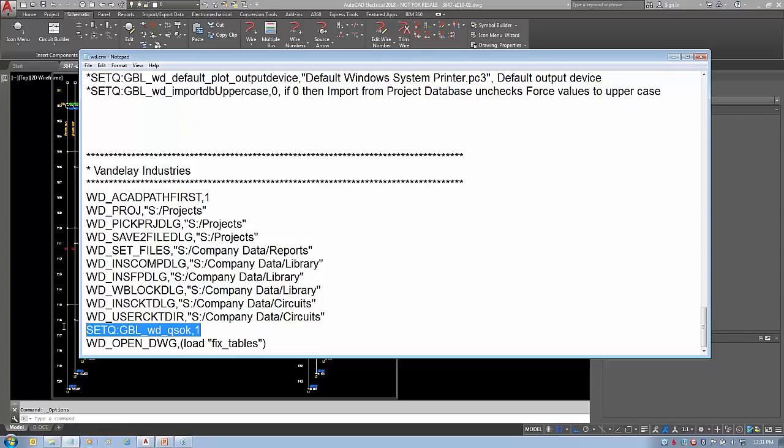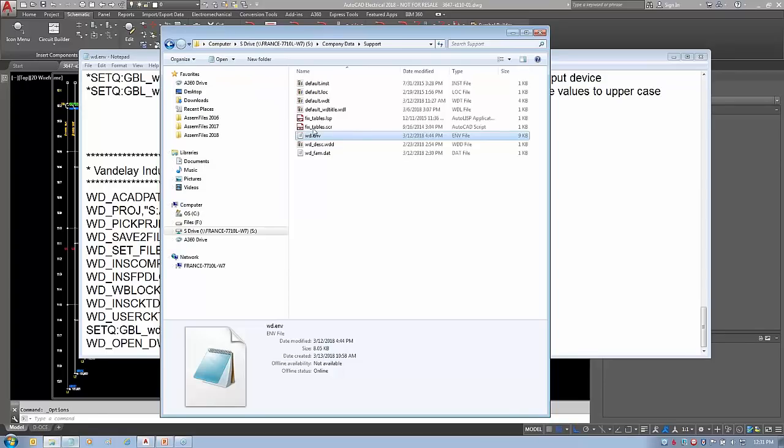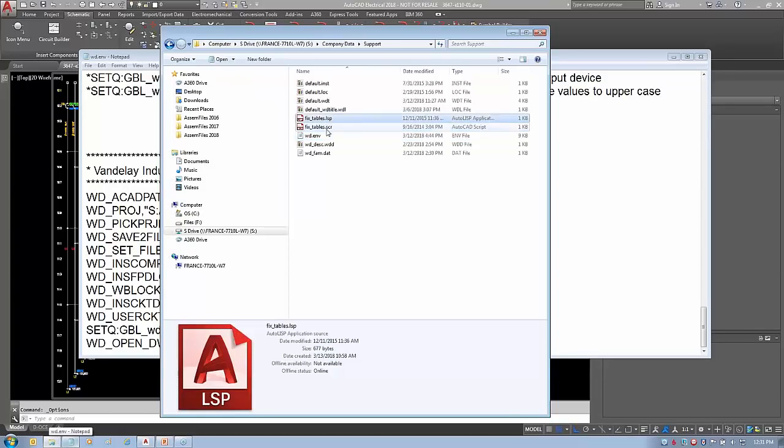But this will still save you a lot of those always Q save boxes, title blocks. This right here is a setup to where when I open a drawing, such as if I hit previous or next or any other type of AutoCAD Electrical open drawing command, it will load that particular lisp routine. So that's the only reason I have that particular lisp routine right here, which works with a lisp and a